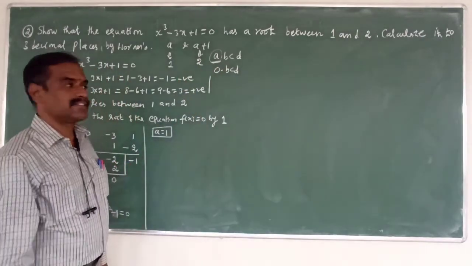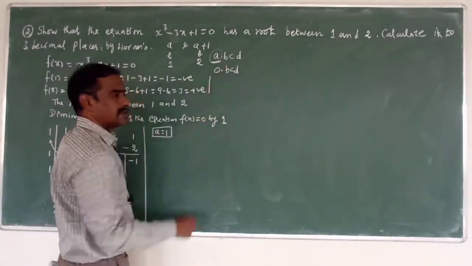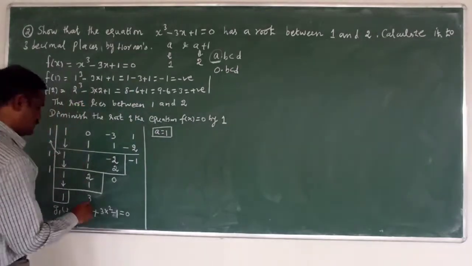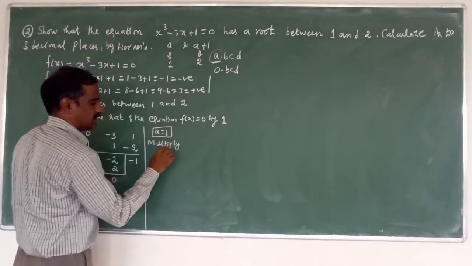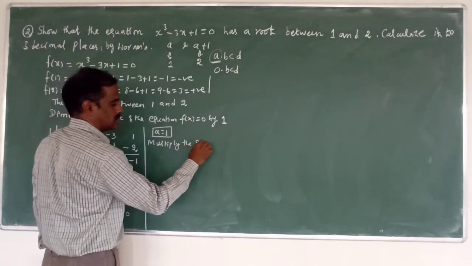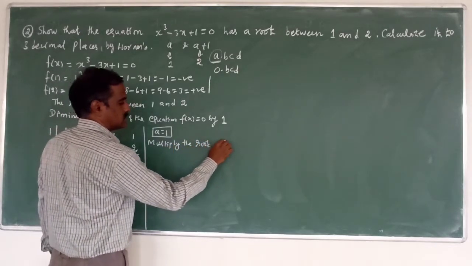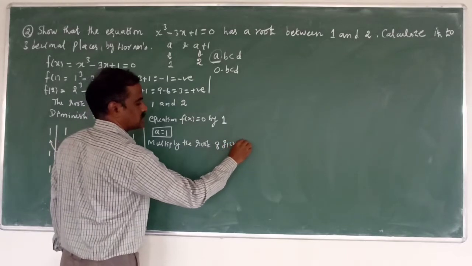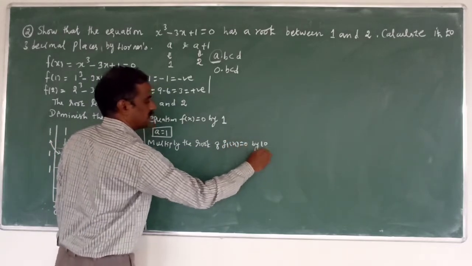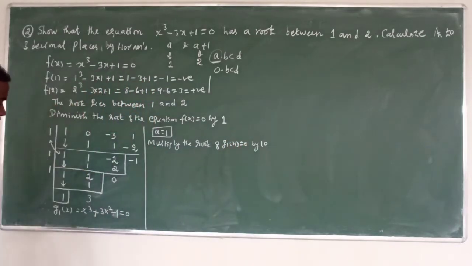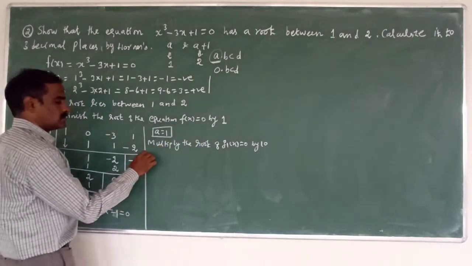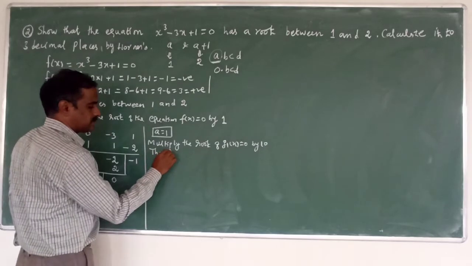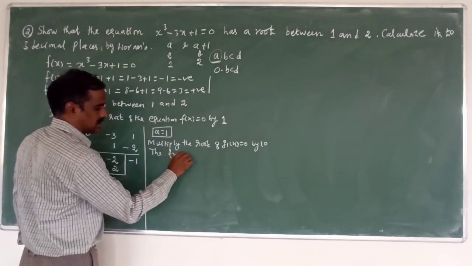Now to multiply with 10. Multiply the roots of g1 of x equal to 0 by 10. You have to multiply this equation by 10. Now the new, transformed equation is